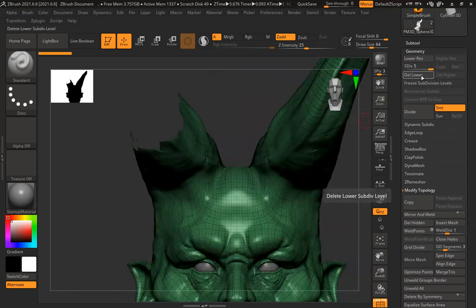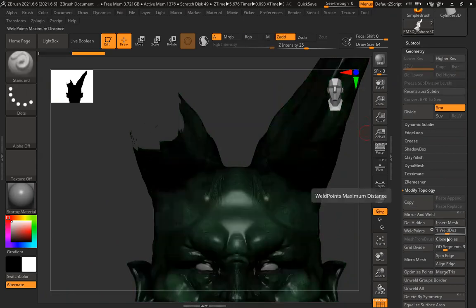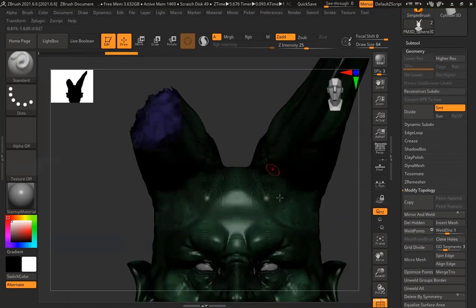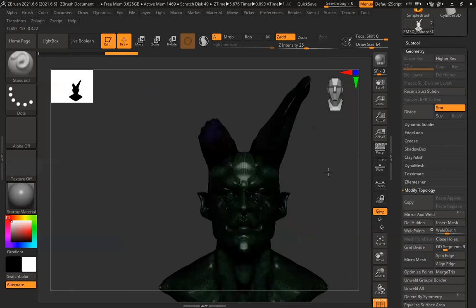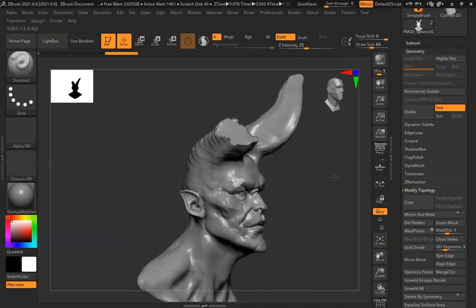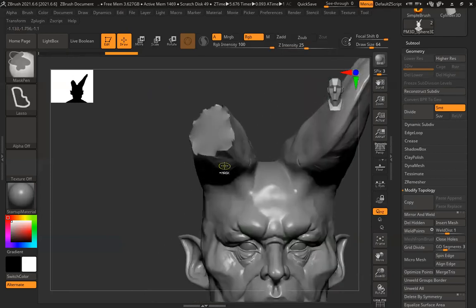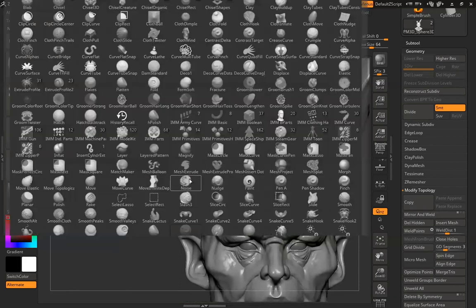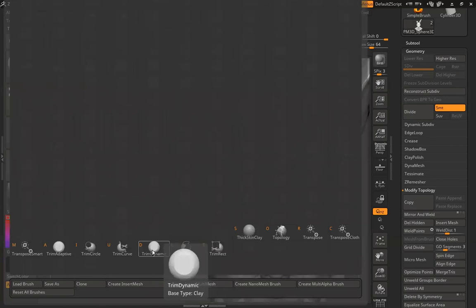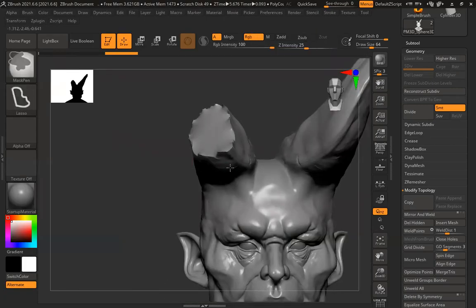Let's delete this, or Control Shift, delete this, close holes. From dynamics.